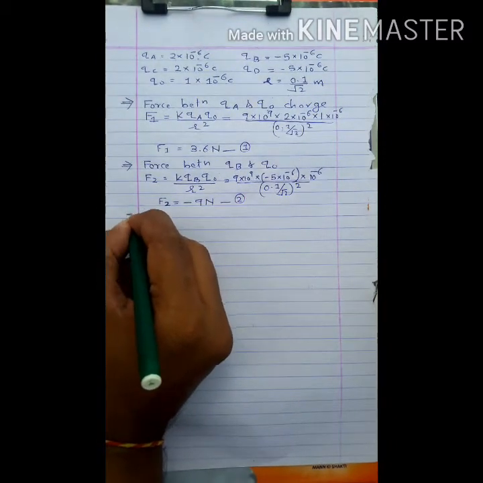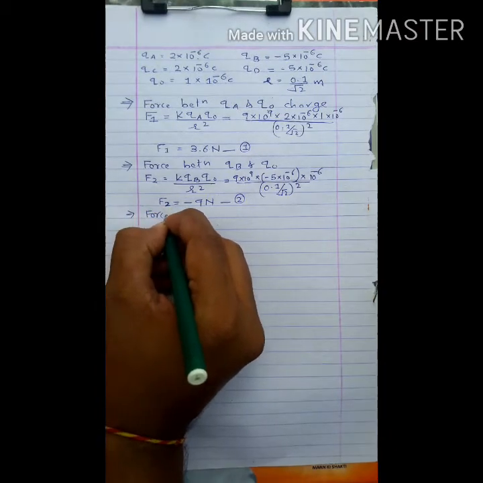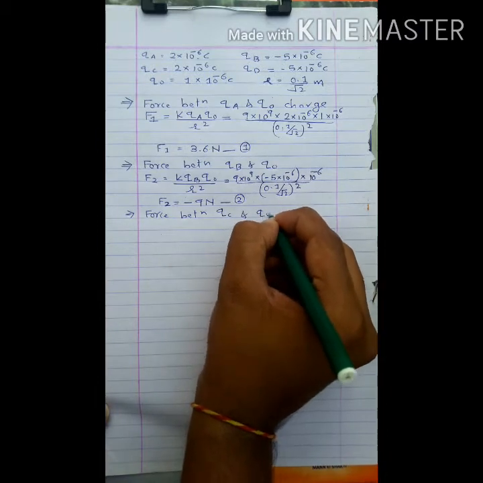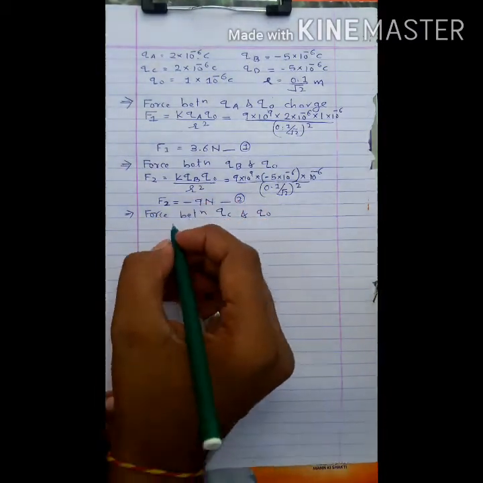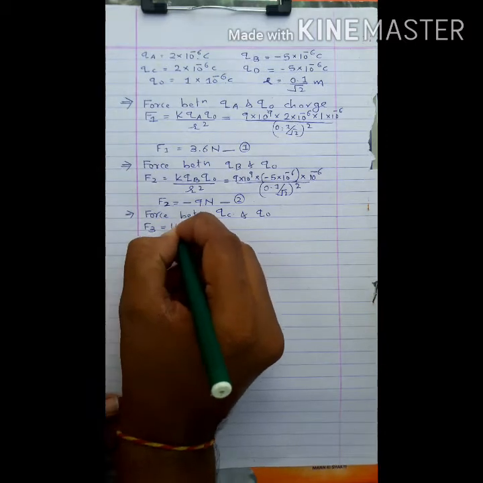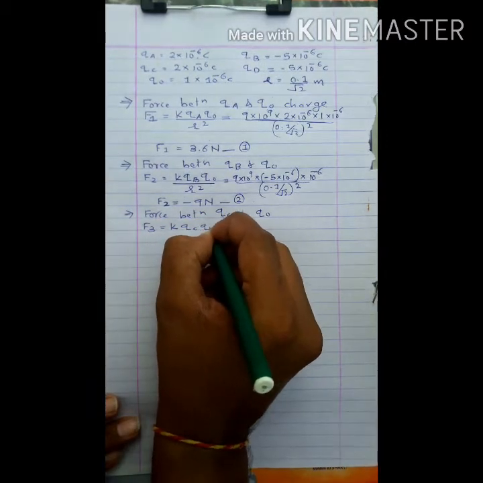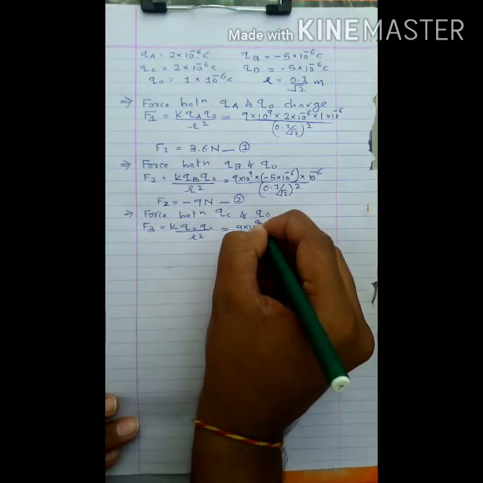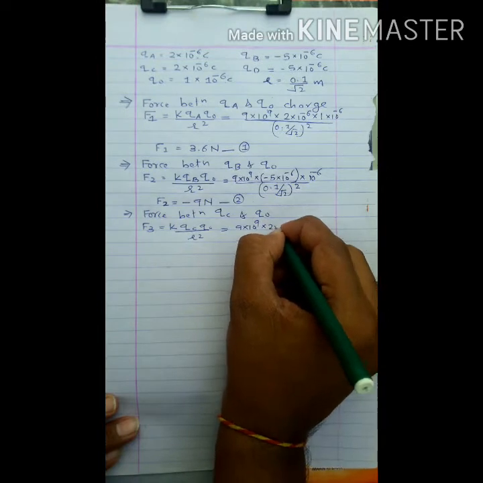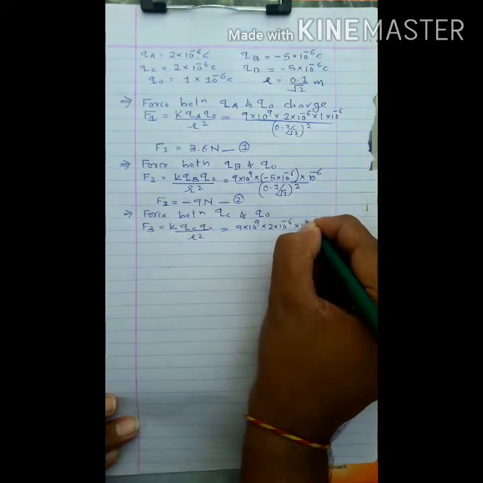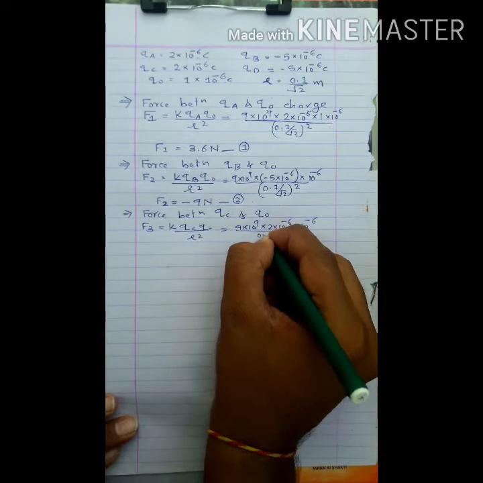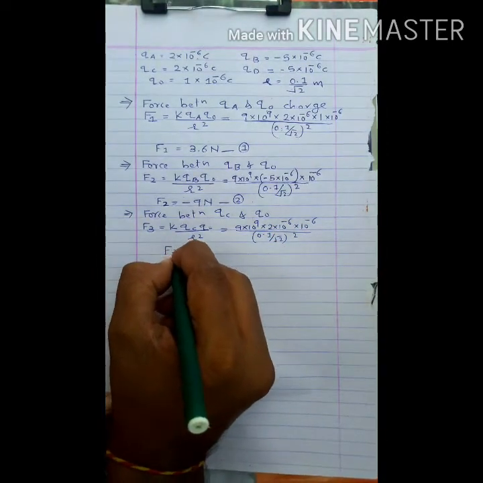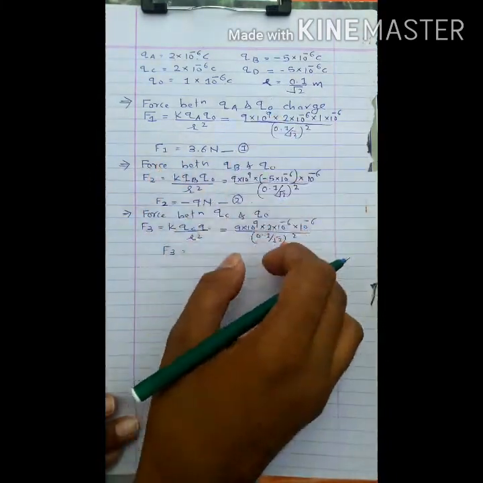Now here we have the third pair, the force between the third charge QC and the Q0 charge. Here we will use the same equation. This is the third force, F3 is equal to K QC Q0 upon r square. Now substitute all quantities. K is 9 into 10 to the power 9, QC is 2 into 10 to the power minus 6, and Q0 is 10 raised to minus 6 coulomb, divided by the same distance, 0.1 upon root 2 whole square. Now try to find the solution. This is similar to our first force.